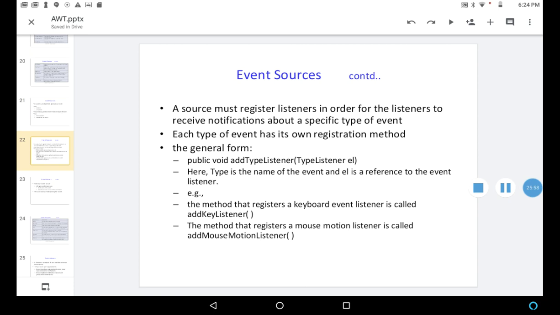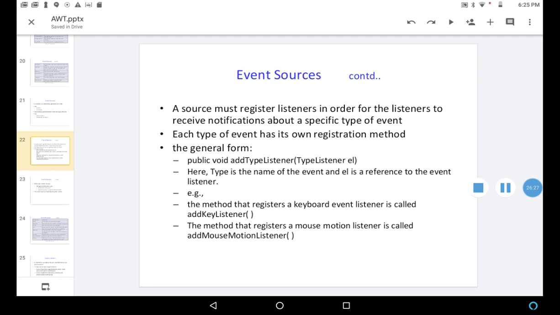Next, a source must register listeners in order for the listeners to receive notifications about a specific type of event. So each type of event has its own registration method. We have seen that every listener has to register with the source in order to get the notifications from the source.